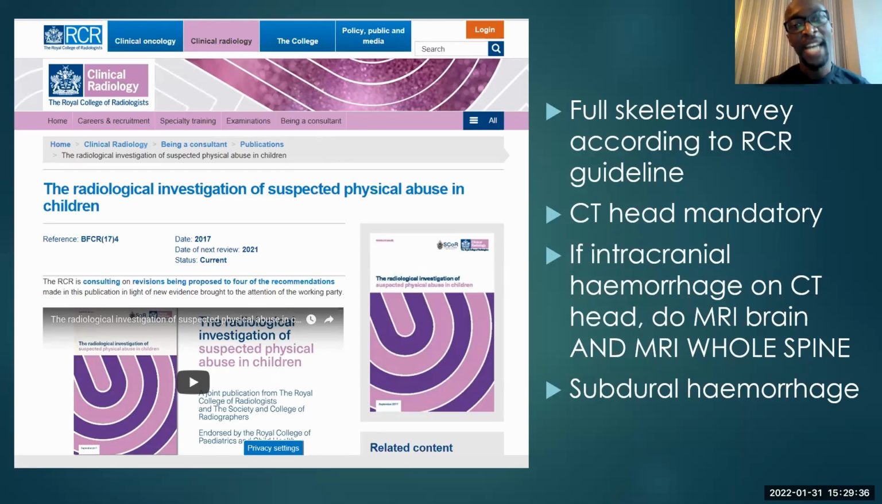As radiology, our job is to do a skeletal survey or facilitate the skeletal survey. So these are the guidelines. They were updated in 2017 and reviewed in 2021. The result of that update is not quite ready for publication just yet, but certainly in this context, the 2017